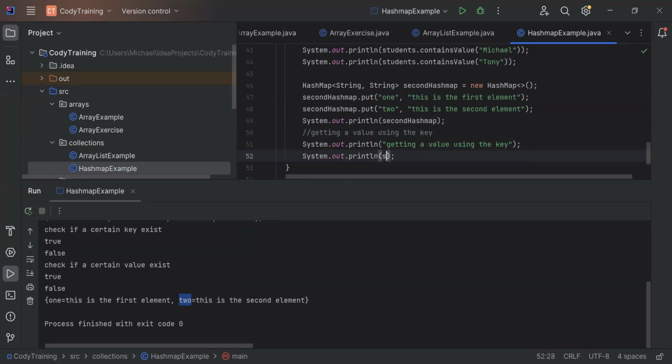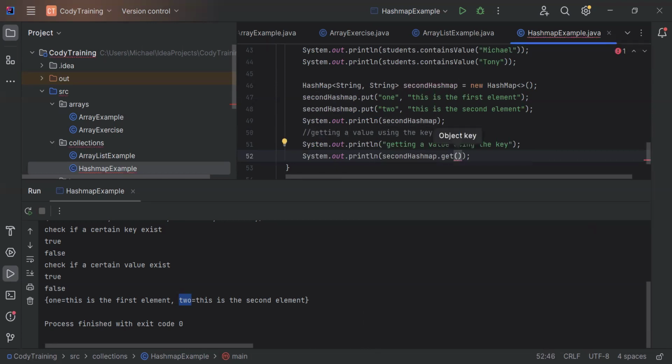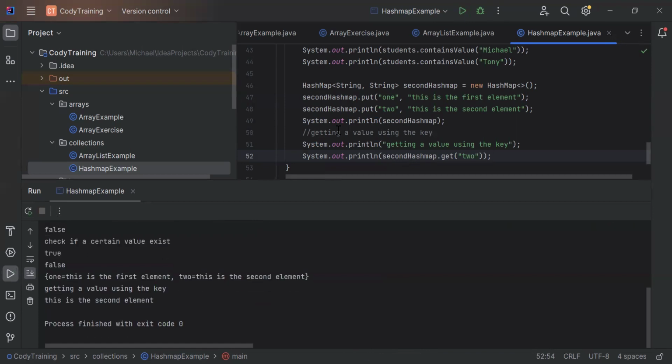Here I call second hashmap dot get. This get I should give it a key. So here our key is of type string, and I want to get this second value. This second value has the key called 2. So here I put get 2. So if I run this program again,